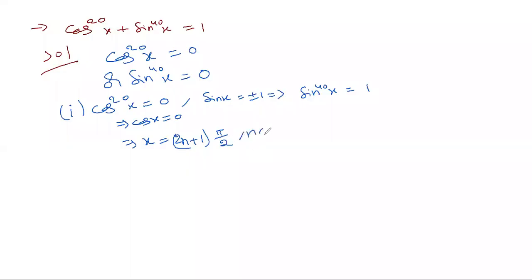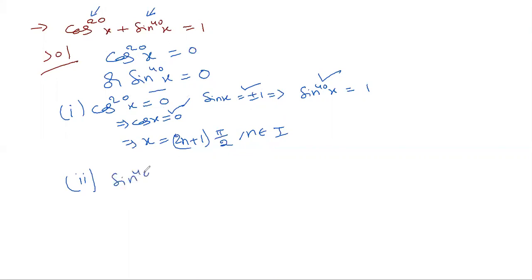n belongs to integers. You can see whenever cos x equals 0, sin x is plus or minus 1, sin^40 x is 1. So this is becoming 0, this is becoming 1, the sum is 1. Then in case 1, our solution is odd multiples of 90. This will be satisfied. Let us consider the second case, that is